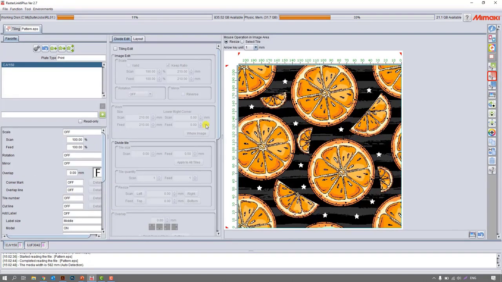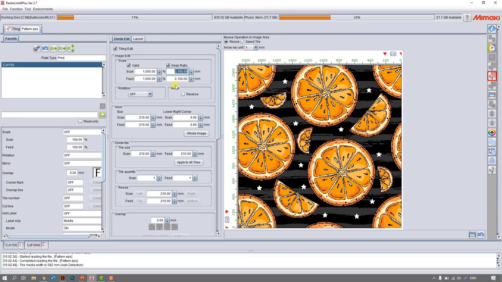So the tiling, we need to open tiling. I will make the image a little bit bigger. So it's 2m10 by 2m10 now. We can still even rotate and we can mirror. If you need to do it for sublimation or the heat press, we can divide the tiles